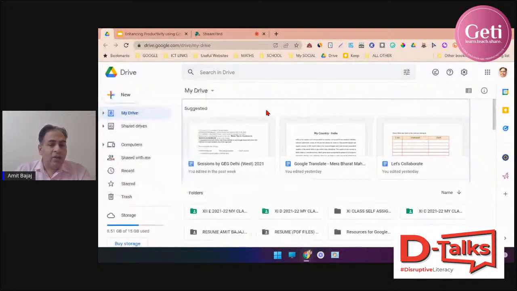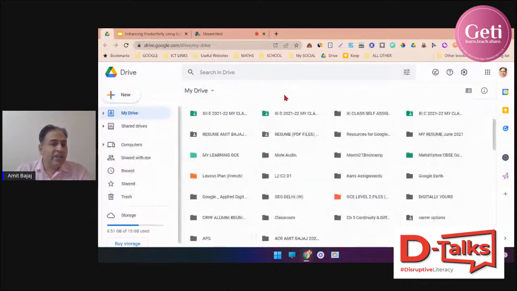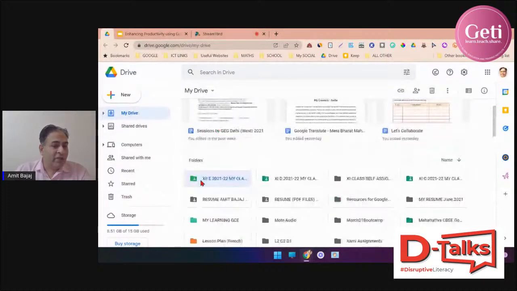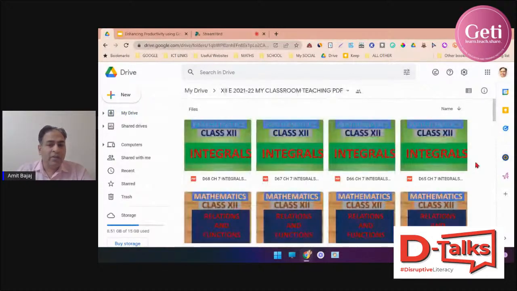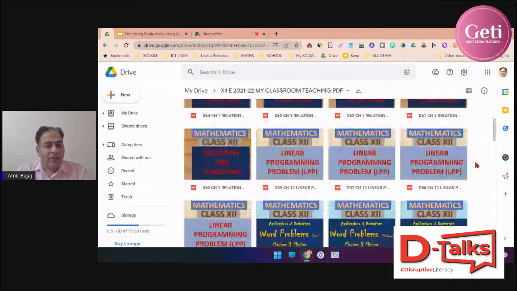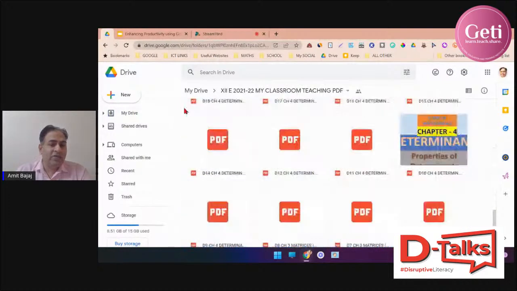Now you can see there are a lot of folders which I have colored over here. So when I check out one of the folders, say colored with green, this is one of my folders named 12th 2021-22 my classroom teaching PDF. When I click on it, you can check it out. It contains all my classroom teaching notes. So these are all the PDFs. Whenever I have taught some specific topic, I have uploaded all those PDFs, every classroom lecture,